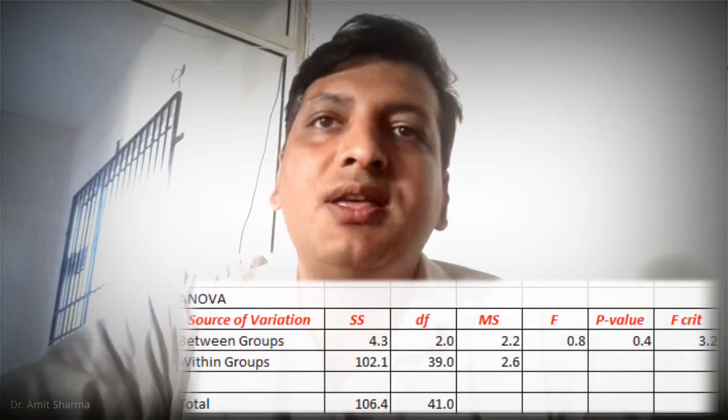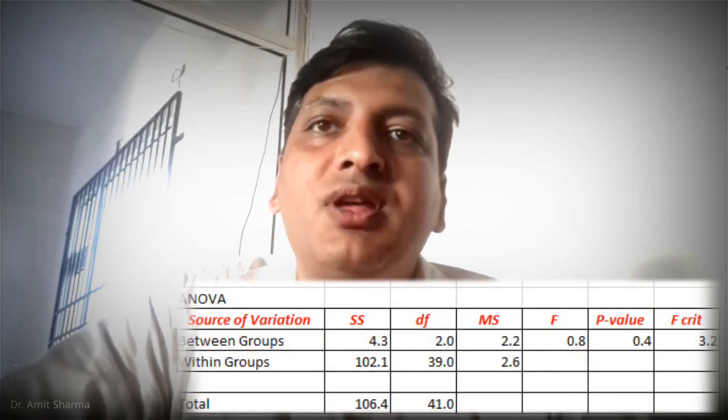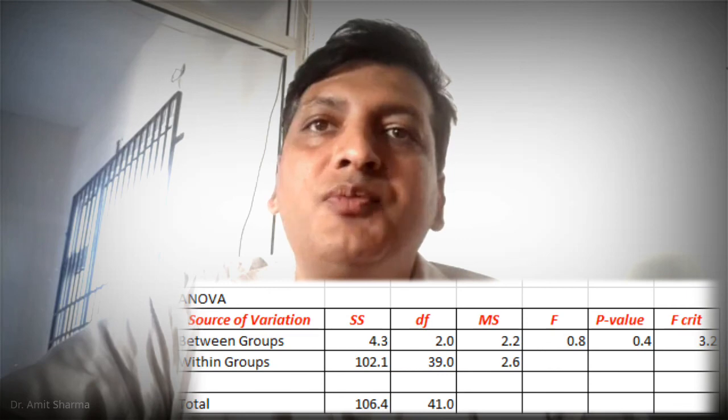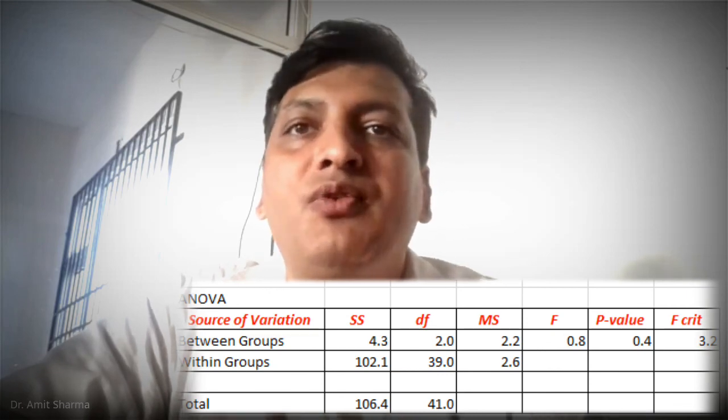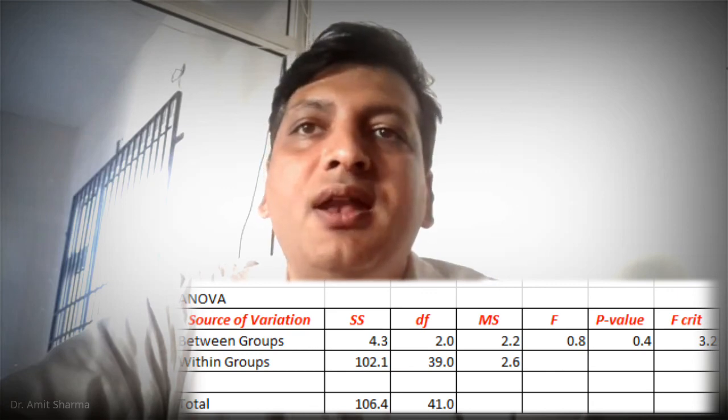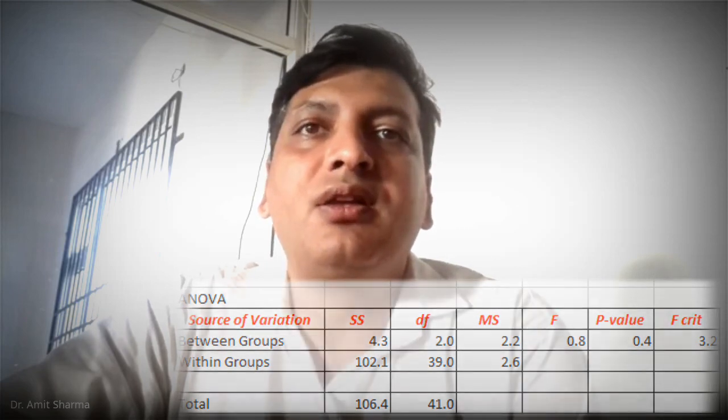So by this means you can apply the one-way ANOVA, and you can see here also the degree of freedom for one-way ANOVA is n-1, and you can see that we have three different groups. So 3 minus 1 is 2. We have got the value of 2 here, and all these values, the mean sum of squares and sum of squares, you can get manually if you are doing this test here.